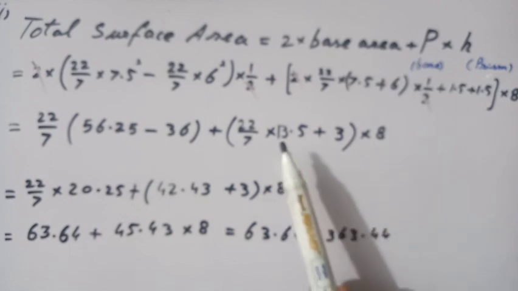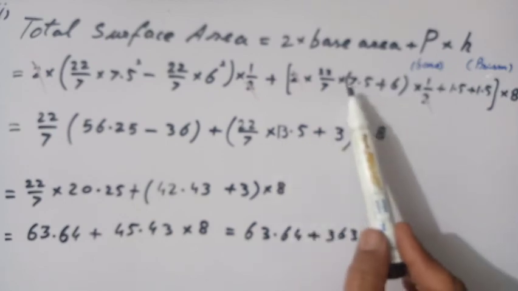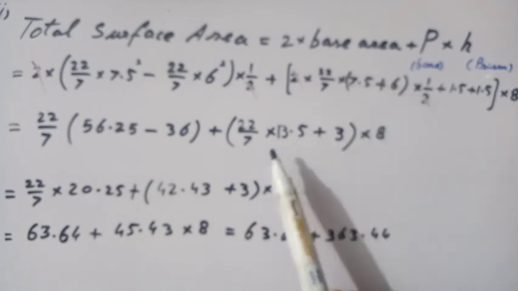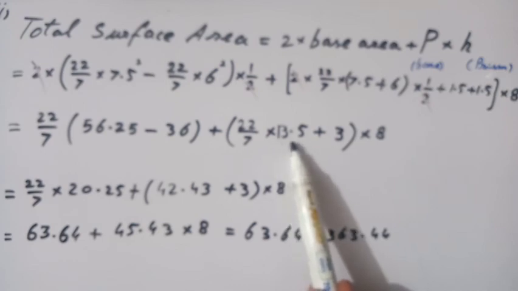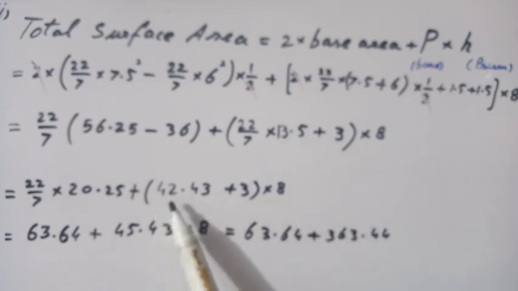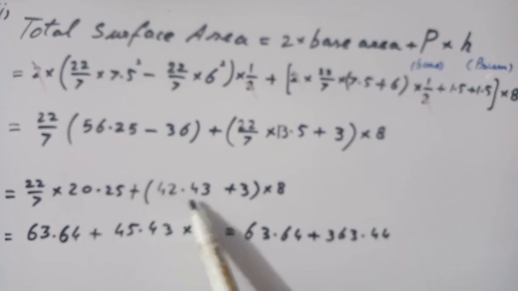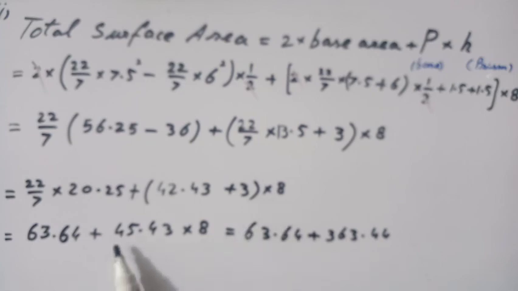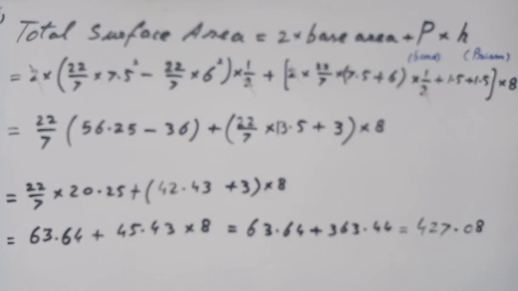So this way 7.5 plus 6 results 13.5, and over here then becomes 42.43, और जब ये 3 में प्लस हो जाएगा तो 45.43 मल्टीप्लाइड बाई 8, इन दोनों को हम एडअप करेंगे तो it results is equal to